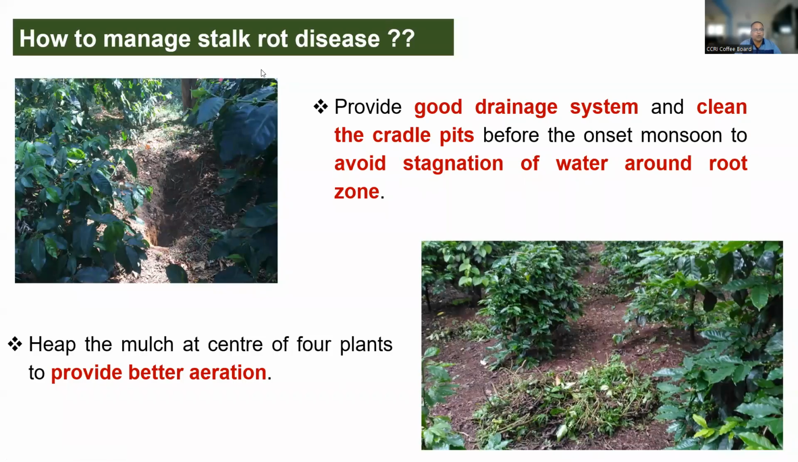How to manage this stalk rot disease? It is very important to avoid the water stagnation in the estate. So to reduce the water stagnation or wet feet conditions, we need to maintain a proper drainage system. We need to provide the proper drainage system by creating the cradle pits, or if cradle pits are already there, we need to clean them before the onset of monsoon to avoid the water stagnation around the root zone. And also we need to heap the mulch at the center during the monsoon period to provide better aeration